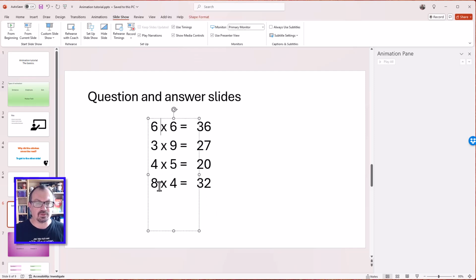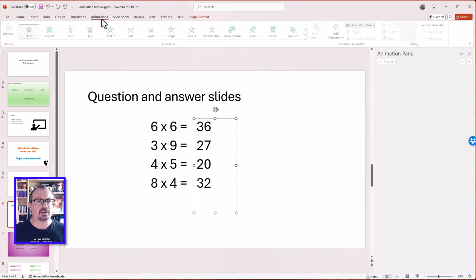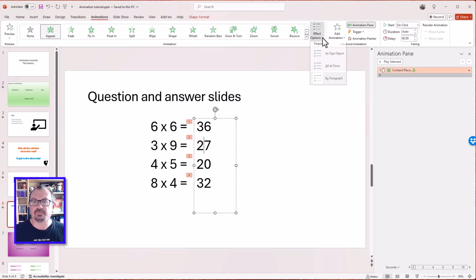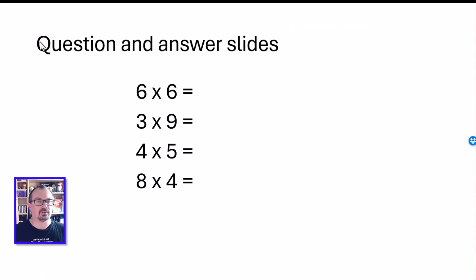All the answers are in another text box. I want these to be on the screen at the start, and then the answers to appear one by one afterwards. So I'm going to just click on here, I'm going to choose an animation, and I'm going to make these appear like so. So if I choose my effect options, I want it to come up by paragraph. I want it to be on click, because I'm going to choose when they appear. If I run that show from the current slide, the questions are up, children can answer them, and then when we're ready to go through the answers one by one, I can click, reveal the answer, click, reveal the answer,